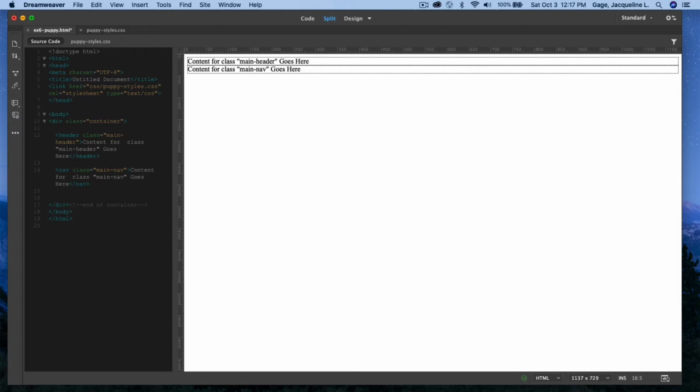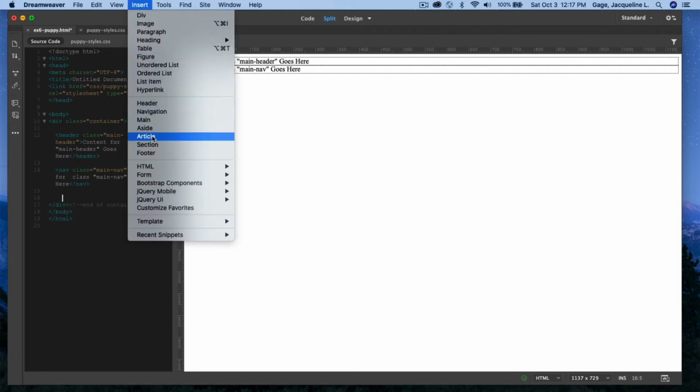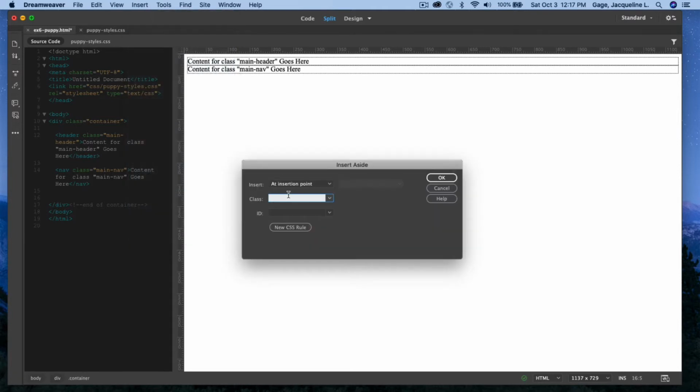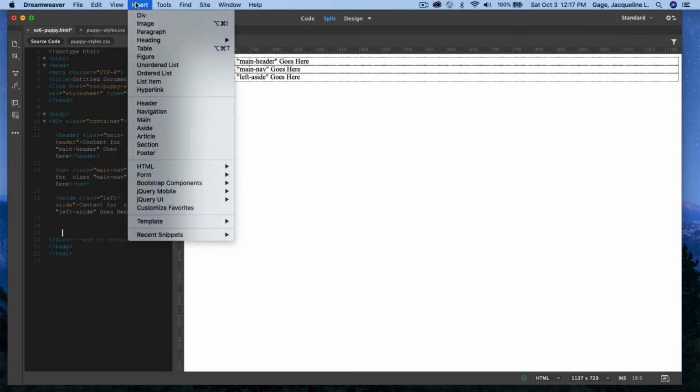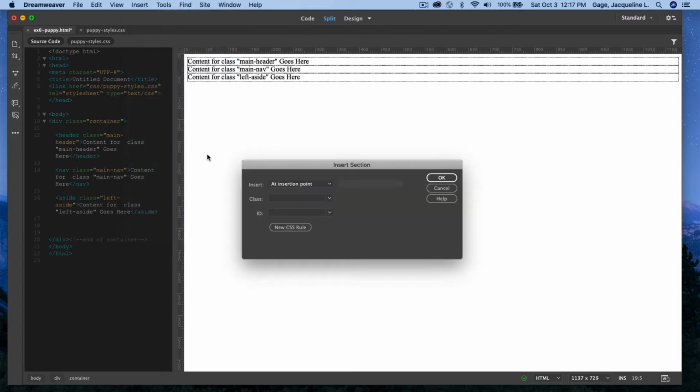At the end of the nav tag, I'm going to hit the return key and I'm going to insert an aside. Insert aside, and I'll call this left aside and say okay. At the end of the aside, I'm going to hit the return key and I'm going to add a section. Insert section and I'll call this main section